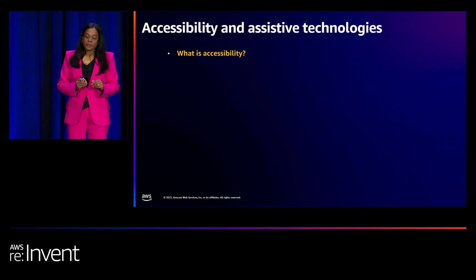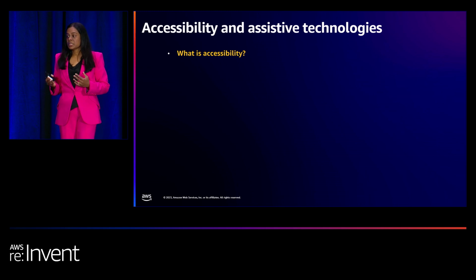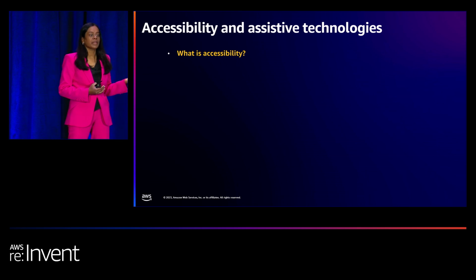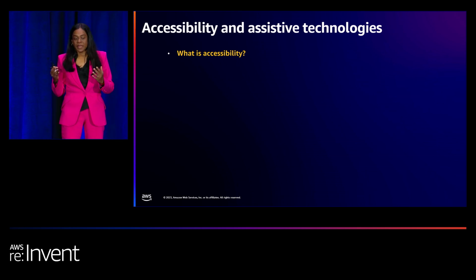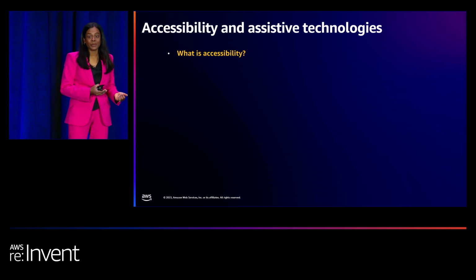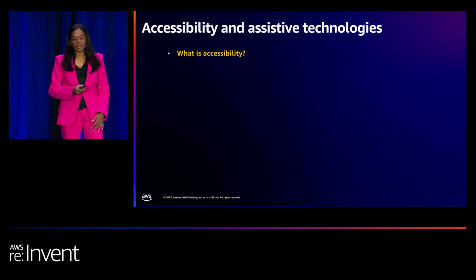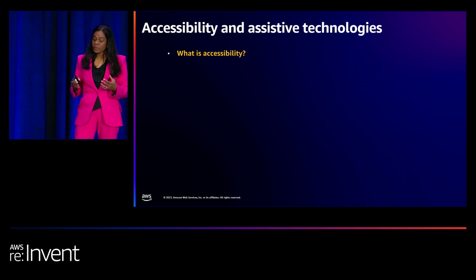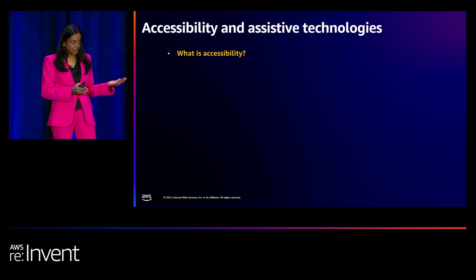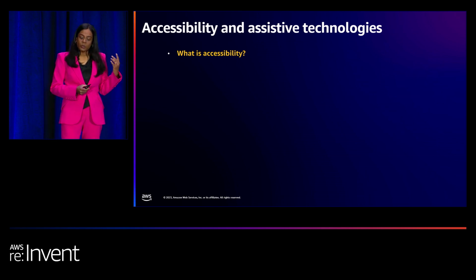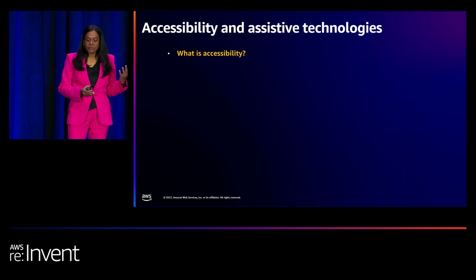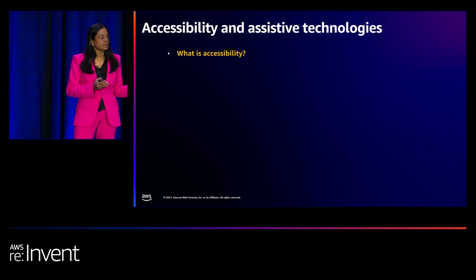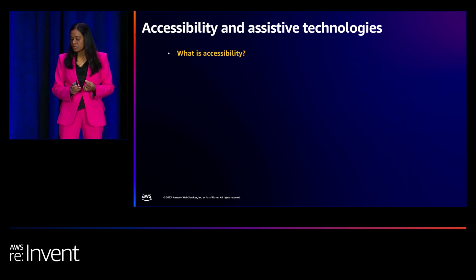Some barriers can be removed by introducing special equipment that people with disabilities can use, while other barriers can be removed by completely changing the environment itself, like the curb cut example that Rob talked about. So what is assistive technology? It's a set of tools that people with disabilities can use to accomplish a task. Visual, auditory, physical, speech, cognitive, and neurological disabilities must be considered when implementing accessibility measures.